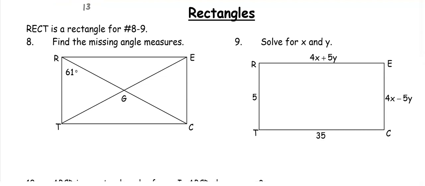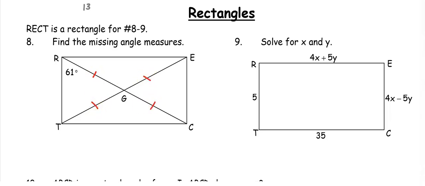Now let's move on to rectangles. So remember that rectangles have all the properties of a parallelogram, and then they also have the properties of 4 right angles, and the diagonals bisect each other. So number 8, it's important to remember the diagonals bisect each other into 4 congruent parts, so that we have